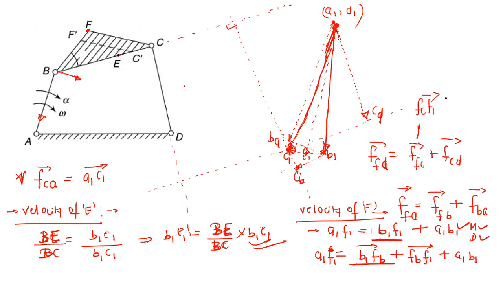So what you can do is take the directions of these two components, FBF1 and FCF1, and find the intersection point, and then you can locate this point F1. That is our target. We want to locate this point F1. And this CD vector is already completely known, so the FCD vector is completely known in this diagram. This C1D1 is the CD vector. So you can follow that approach.